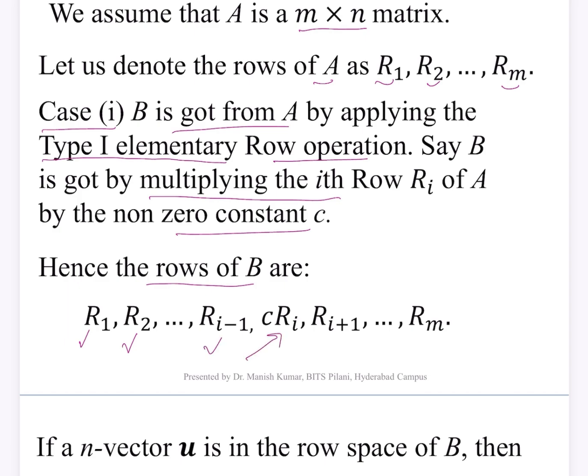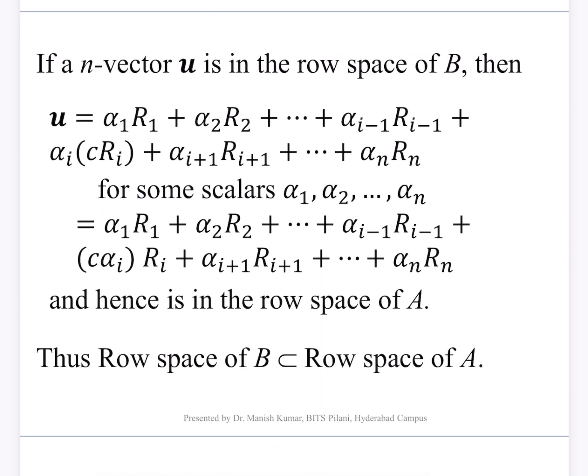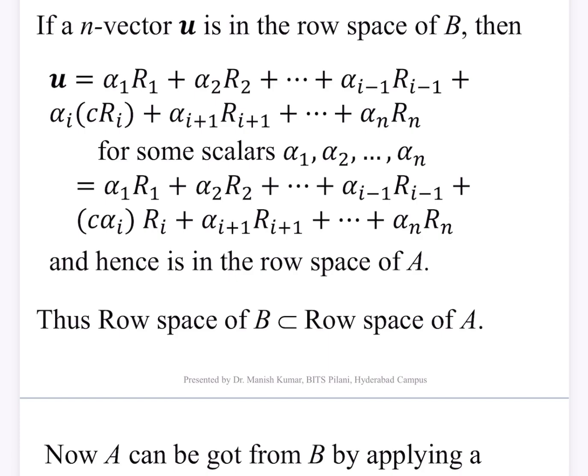But yes, Ri we are going to multiply by C times, the first elementary row operation, right? And then the remaining are the same. Okay. Now what had happened is, if a vector U is in the row space of B, then any vector,